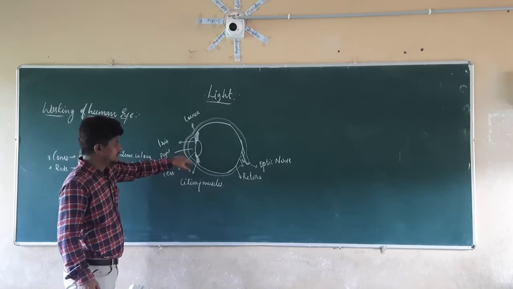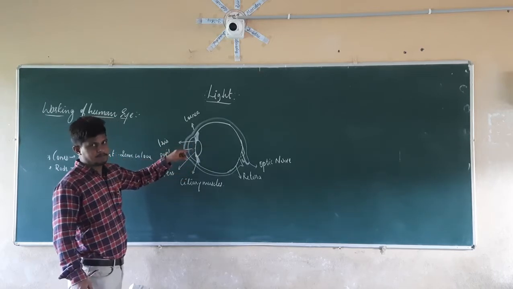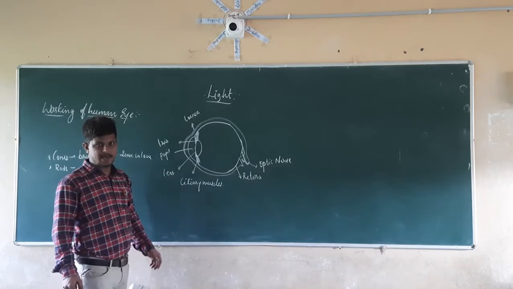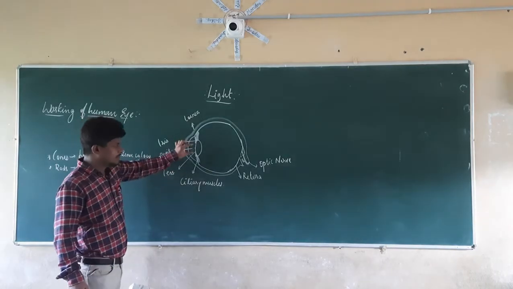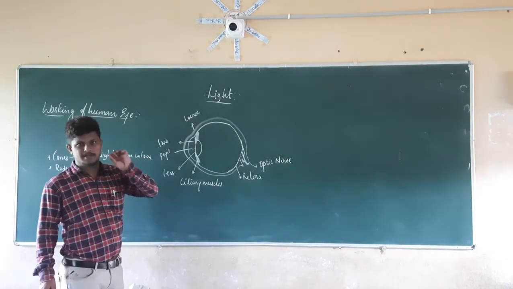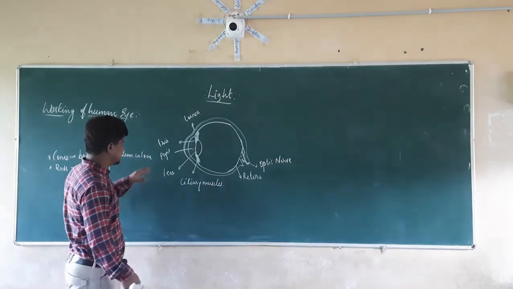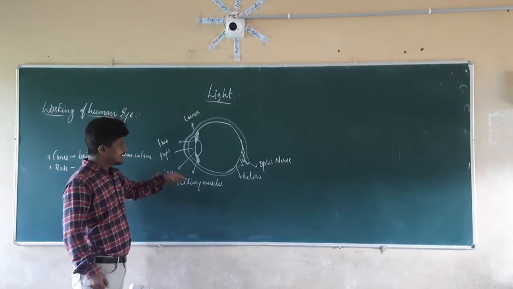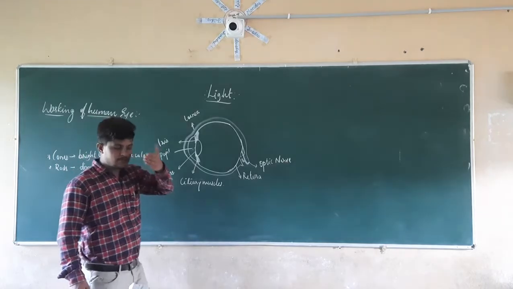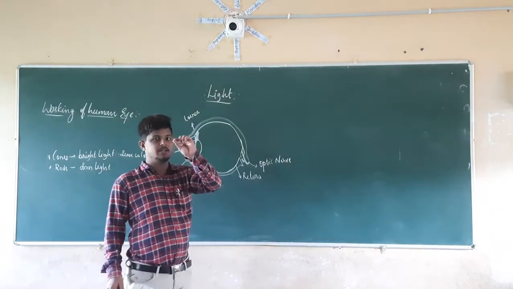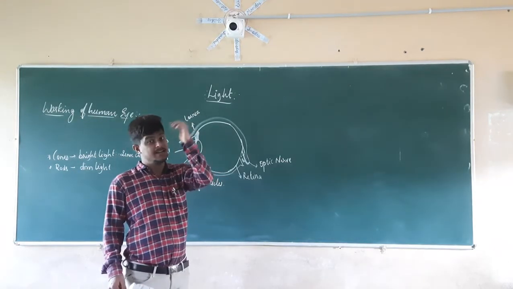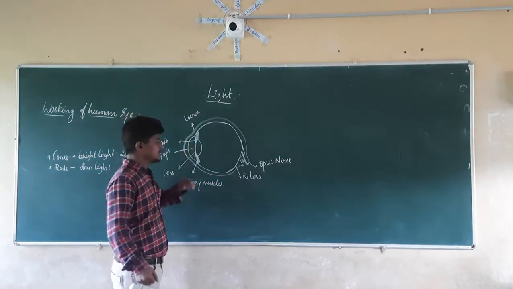And this part, the dark circular part which is present here, is nothing but the iris. Next, in between there is a small hole-like structure, a small point-like structure, which is nothing but the pupil. Inside, behind the iris and the pupil, at a point there is the presence of the lens.